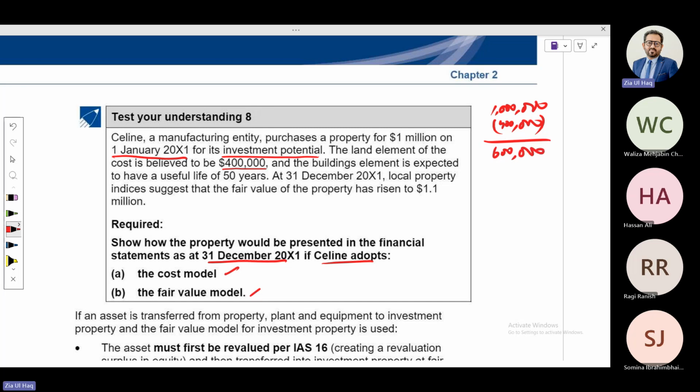And using a cost model, we need to charge the depreciation, but on the building rather than land. The land element is valued at 400,000 and the building element is expected to have a useful life of 50 years. At 31st December 20x1, a local property index indicates that the fair value of the property has risen to 1.1 million. So using cost model,